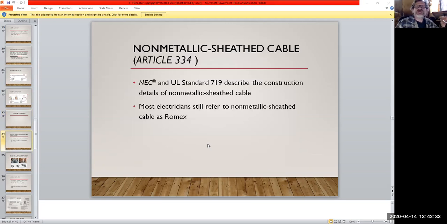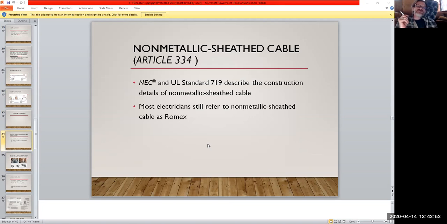Hope it's going okay. I know it's a lot of dry stuff out there. Nothing like talking about wiring and wiring sizes, but now we get into my most favorite wiring,